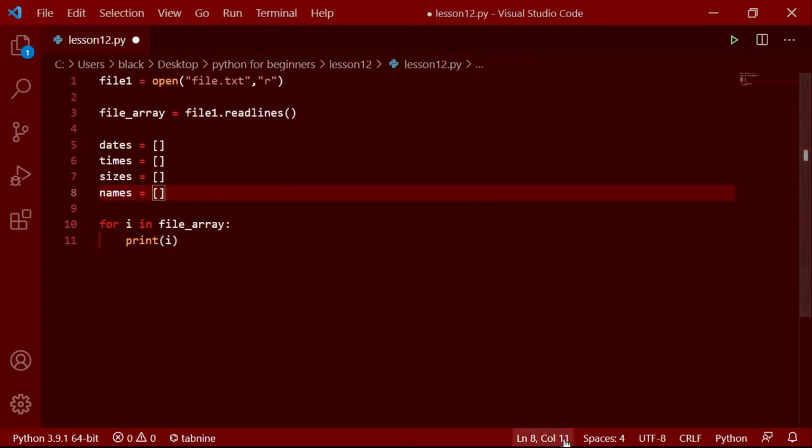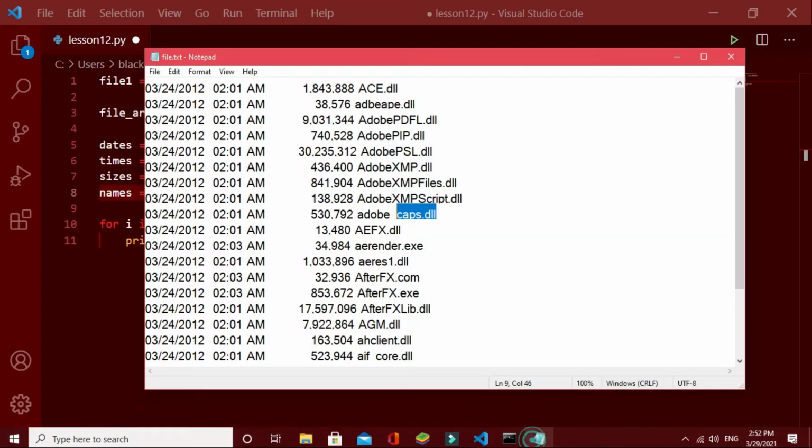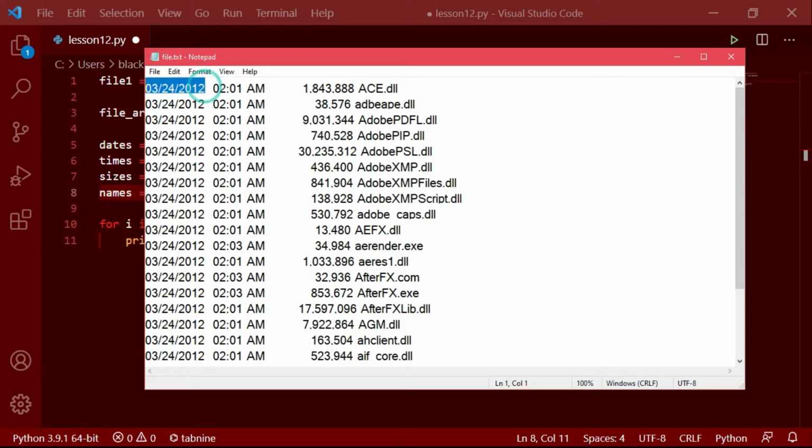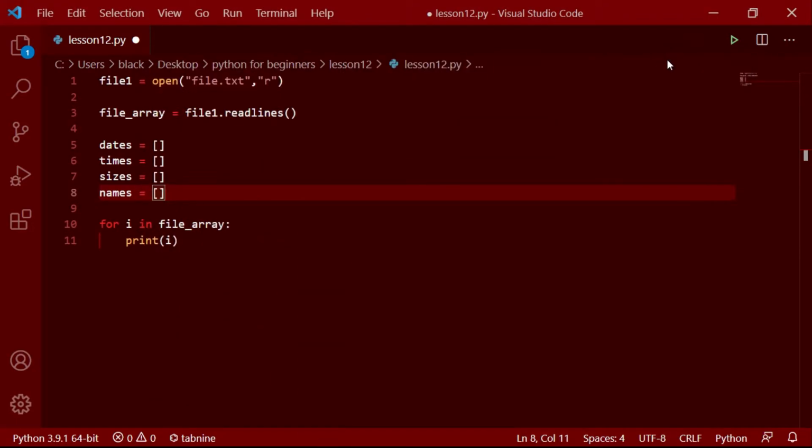Into dates we have to add the 0th index. To times we have to add the first and second index. To sizes, the third index, and after that it is the name.